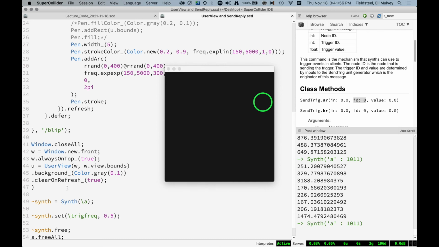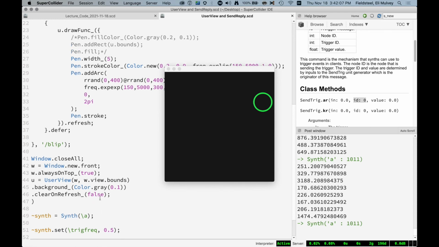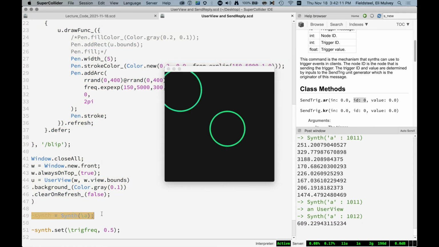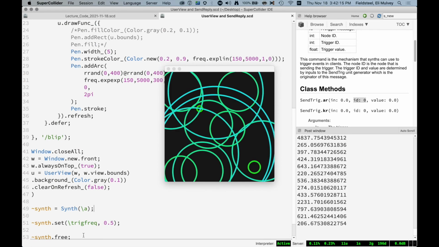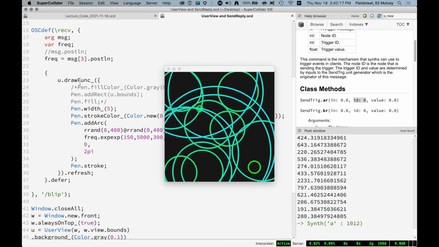did I show that bouncing ball example at the end of class? I did, yeah. So the only visual design trick I know is you draw a transparent layer at the beginning of every frame and you can do these trails. So we're not going to clear on refresh. And if we just stop here, it's going to just draw a new circle every time. Or we can uncomment this part,